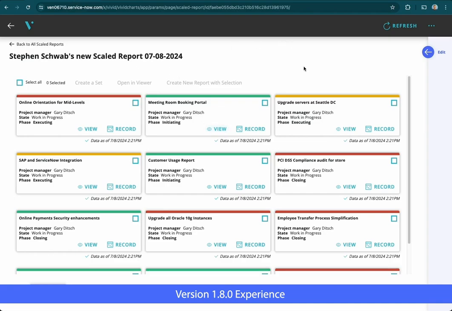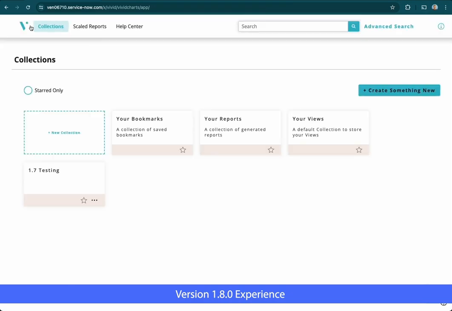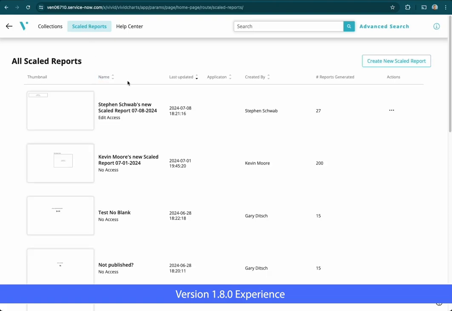Okay. So let's go through the same exercise. Say a stakeholder wanted to make a change to this report. That's fine. Let's look at how we would do that in the 1.8 version. So notice that there is this new link up here called Scaled Reports, and that is the quick route to any of the scaled reports. And you land here on the page where there is some information about what we've created. We know this one is the one we want to edit. There's a little thumbnail there, and it shows the number of reports that are generated. So if we click into this,